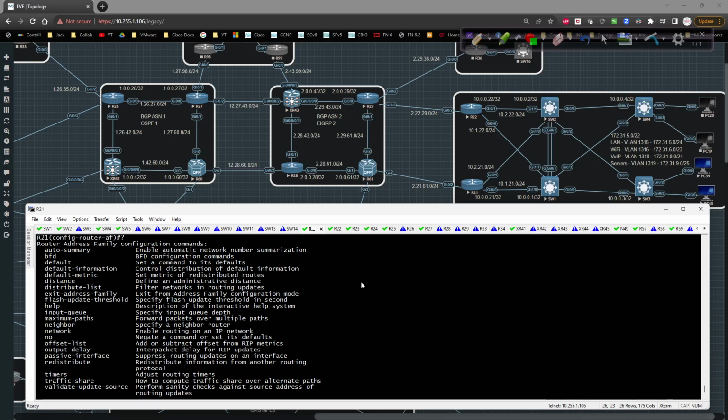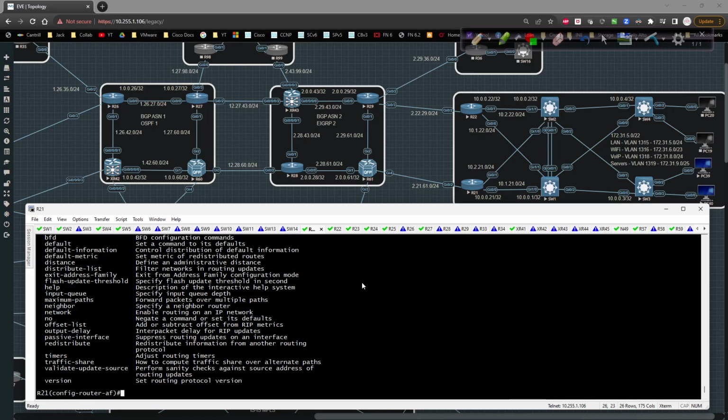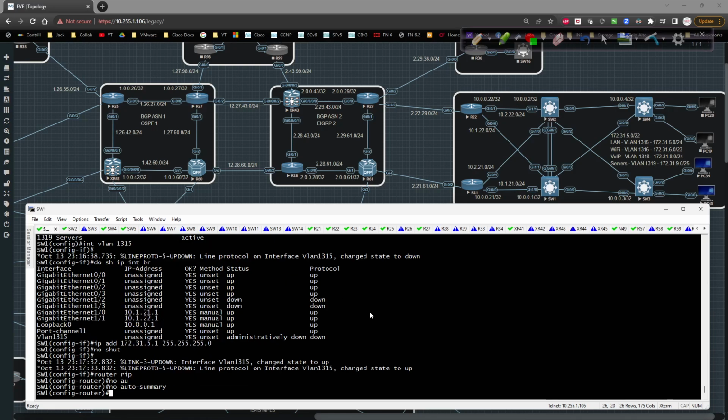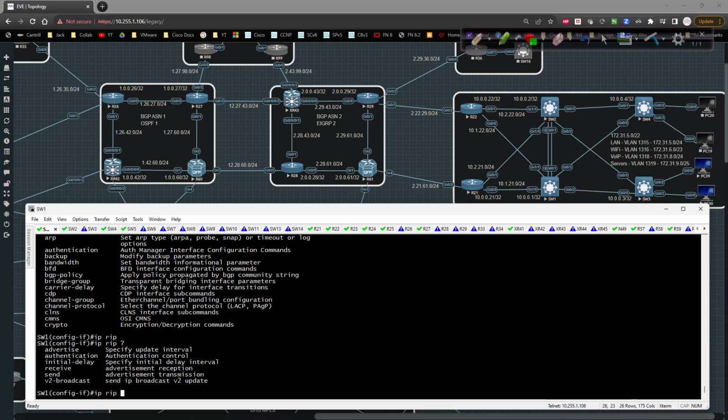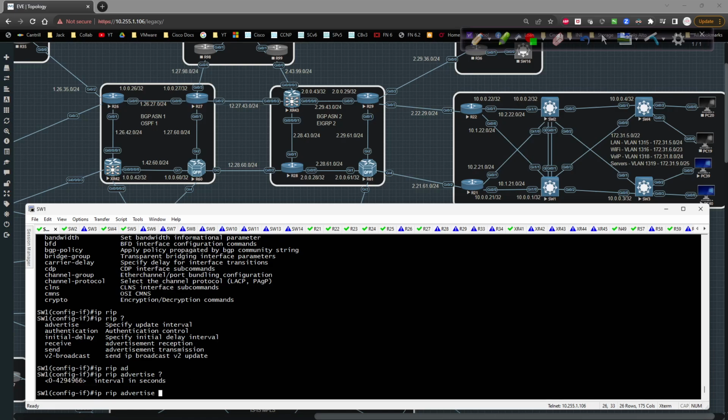Yeah, as far as I know, you can't do a summary here. You might be able to go, let's see, I'm on R21, you might be able to go to gig 0, might be on switch 1. We can try that at the interface level. So interface gig 1/0. And we type in IP RIP and advertise. Yeah, you can't